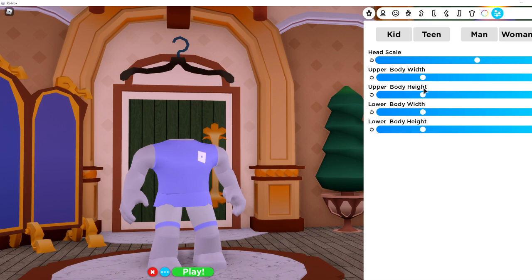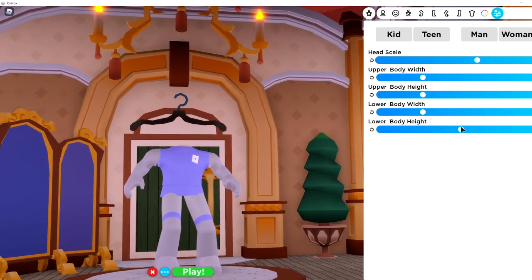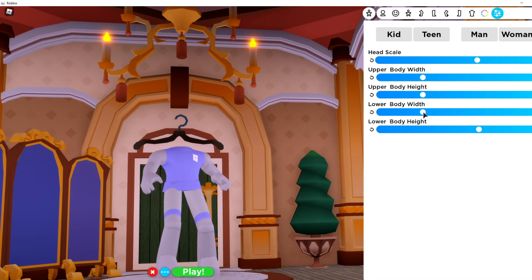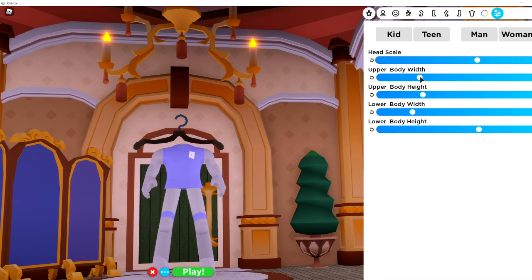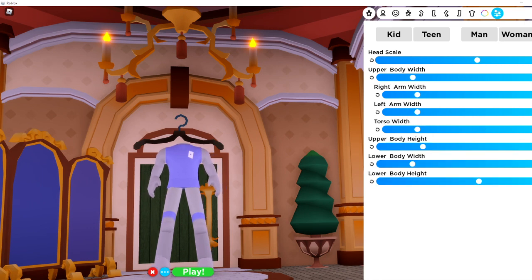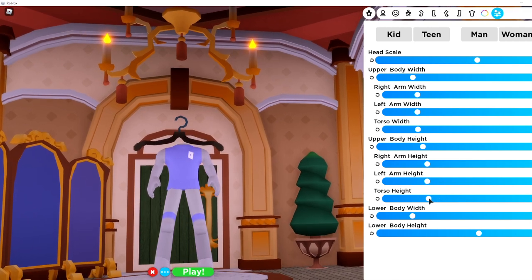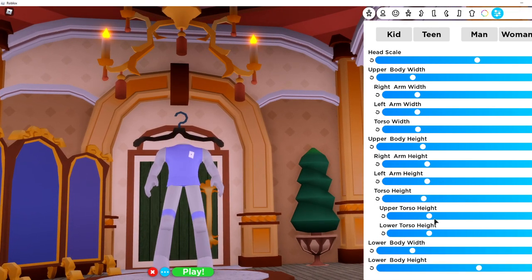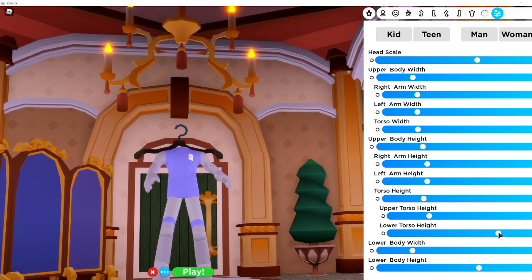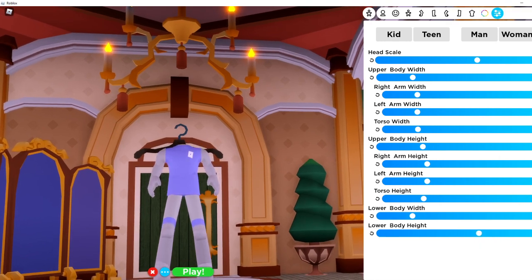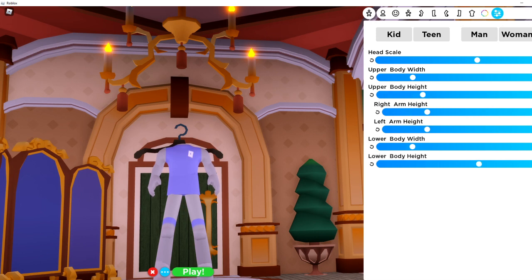Now next, what you want to do is make your lower body height pretty high and the width, scale it down. Upper body width, we scale it down, but we're gonna have torso height and the lower torso, the lower torso width, then we make the